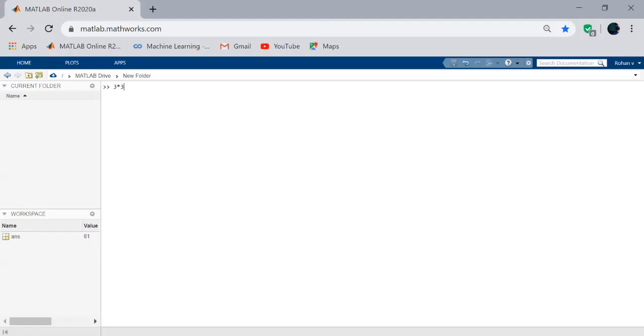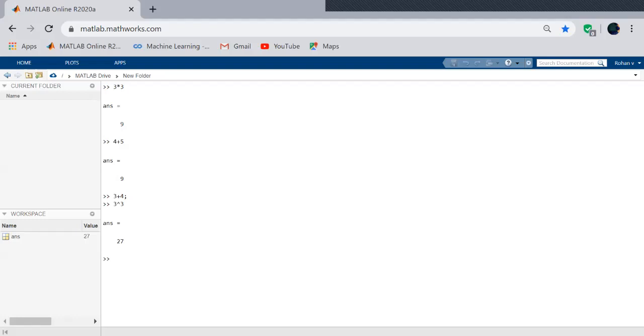See, we can do multiplication, like addition, and if you use a semicolon at the end, the output is suppressed. You can see here the output is not displayed. So similarly, you can perform a power. Okay, these are some of the basic operations. We'll see how to create a matrix and then we'll see some of its operations.